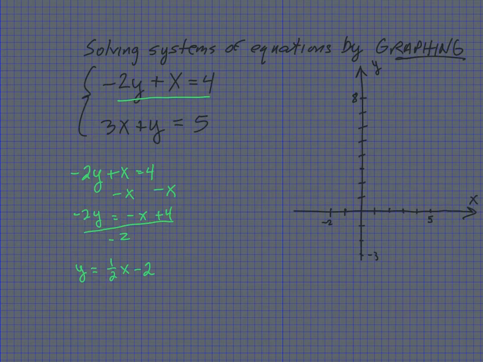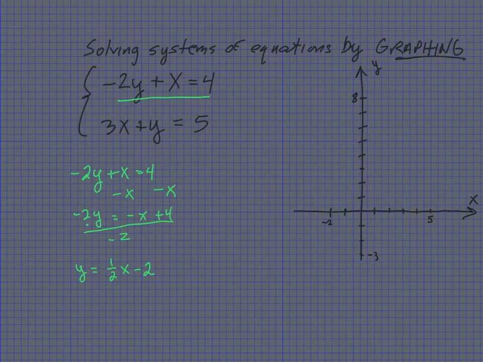Okay, taking that first function, we are going to put it in slope-intercept form. I have isolated my negative 2y by moving my x to the other side using inverse operations, and I rewrote my equation as negative 2y equals negative x plus 4. And to get my y by itself, I'm going to have to get rid of my coefficient, which happened to be negative 2. So I divide everything by negative 2,